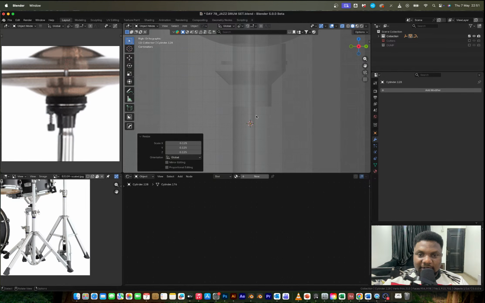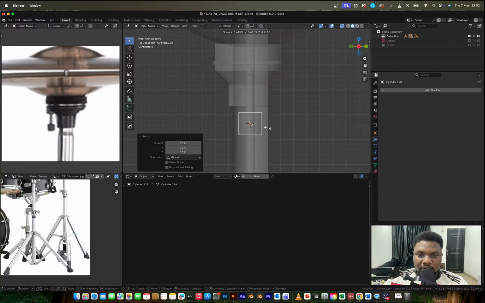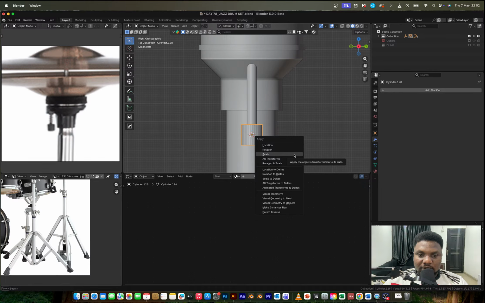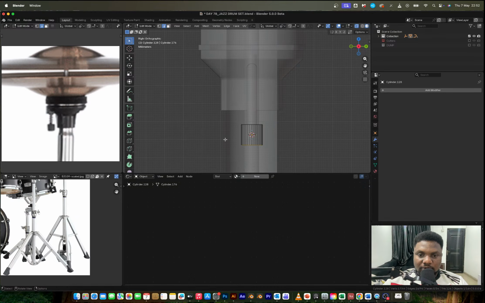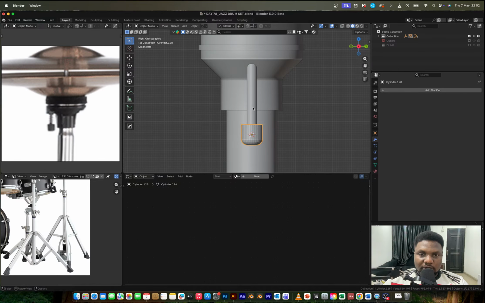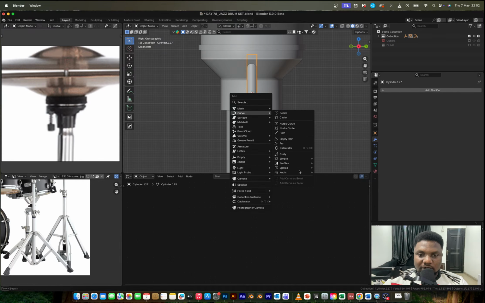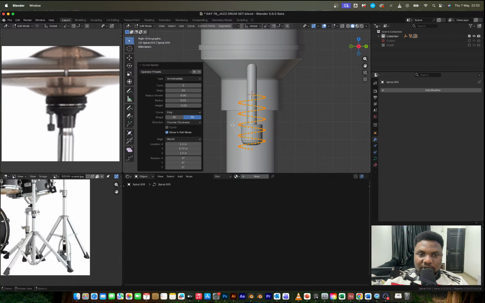Right now, I'm just trying to use the early time to complete the stream that we did earlier. I'm going to apply scale, bevel this, bevel this. This side is going to have a spring, so I'm going to bring cursor to this point, and then I'm going to shift A, curve, spiral, Archimedean, and then I would